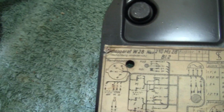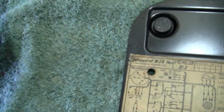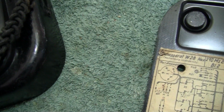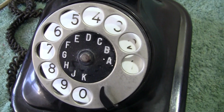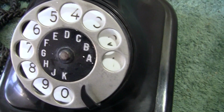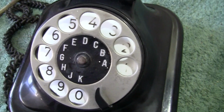Now let's turn this back over. I would dearly like to see what style dial this is, but I haven't got the courage to take it off, because there's a linkage from the dial to the switch hooks, and no, I'm not going to take the dial out. So I don't know what type of mechanism it is. I know on the